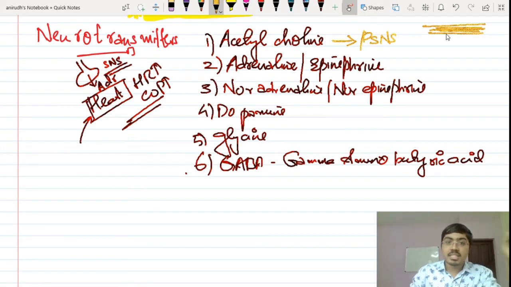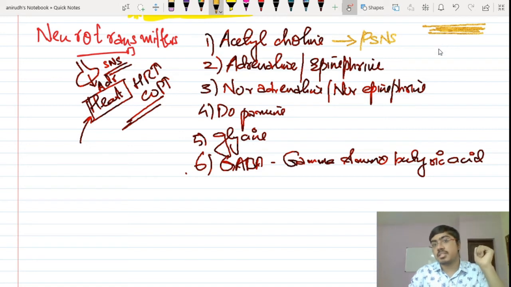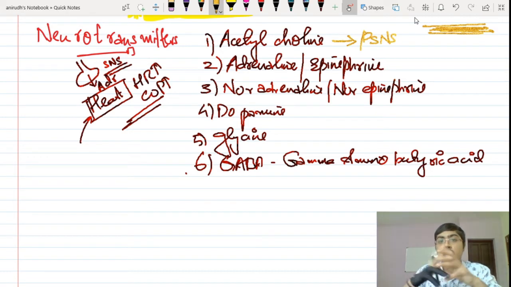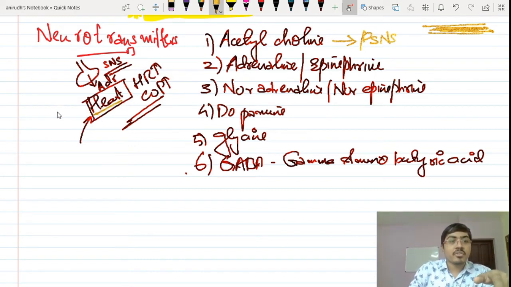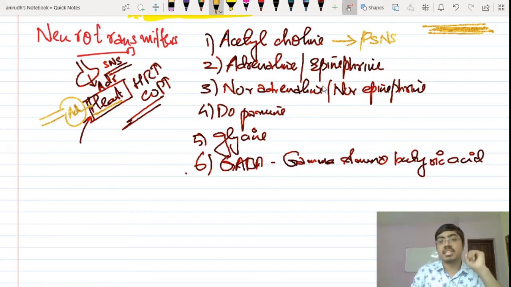Now, this nerve can be a part of the sympathetic nervous system, or it can be a part of the parasympathetic nervous system. It provides impulses in the sympathetic or parasympathetic nervous system. Within the nerve you have neurons, and from one neuron to the other neuron you will have a synapse, or from the neuron to an organ. It will not supply a muscle because this is a part of the autonomic nervous system. It supplies the internal organs of the body. Just as I said, you have a heart over here. If a parasympathetic nervous system is supplying this, then acetylcholine is the neurotransmitter affecting the heart. So this is a part of the parasympathetic nervous system.